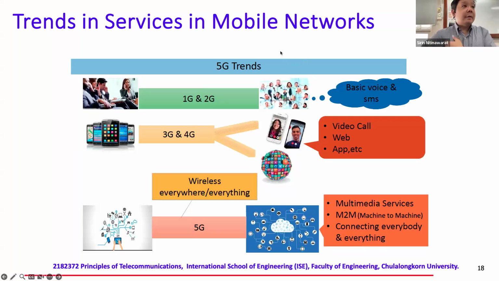So you see, as we have seen, for every update of the cellular network generations, every time there was an update, there were new emerging applications. From 1G to 2G, you start seeing SMS. 2G to 3G, you start seeing something like voice telephony. And then 3G to 4G, you see even more applications.